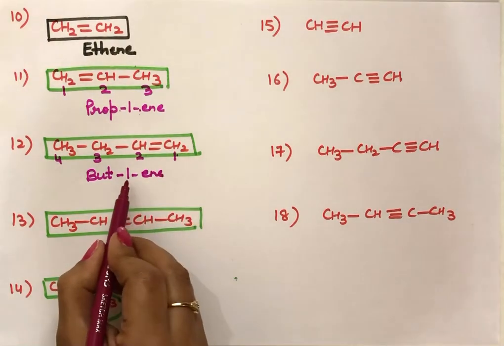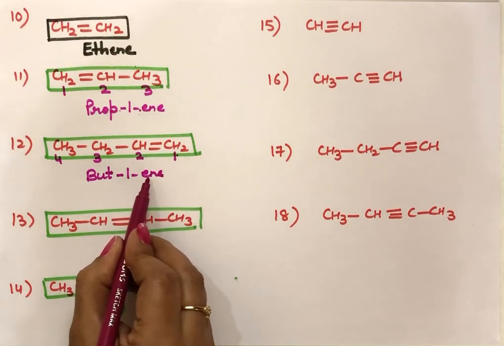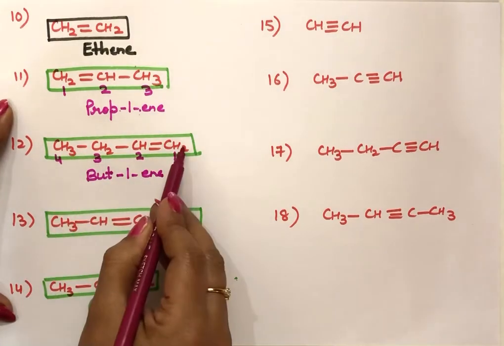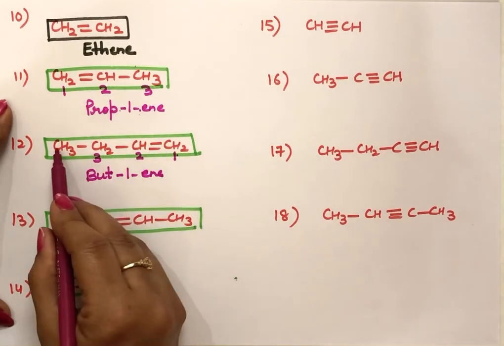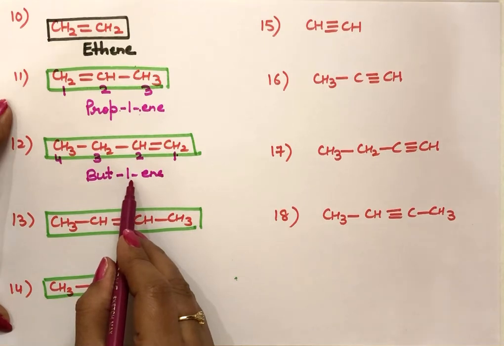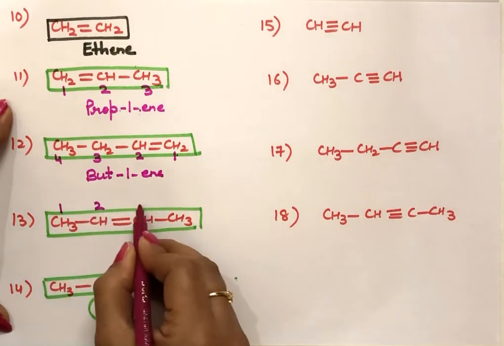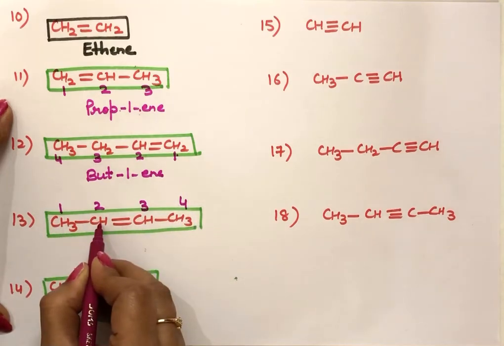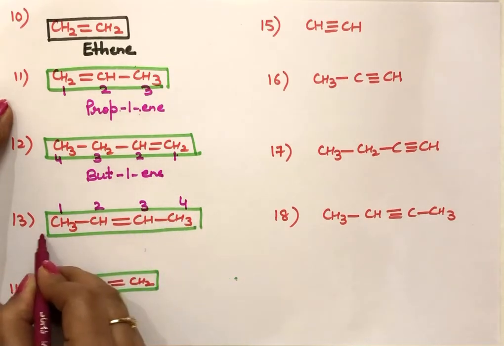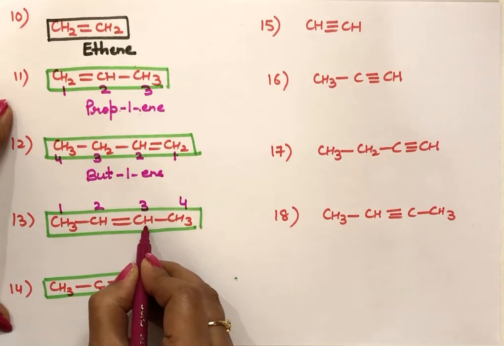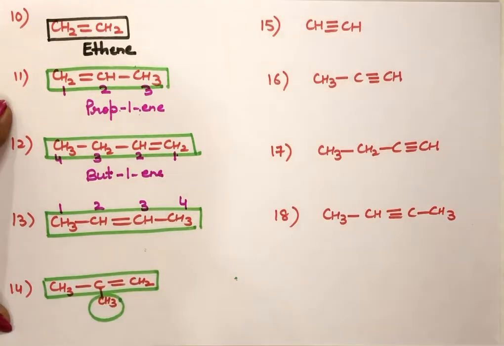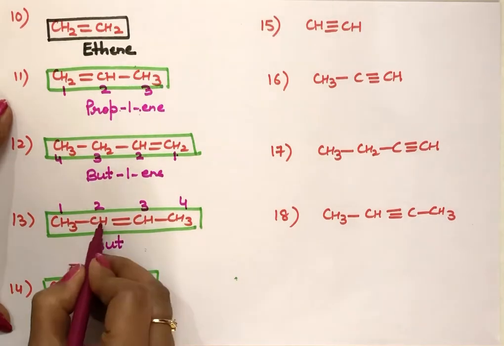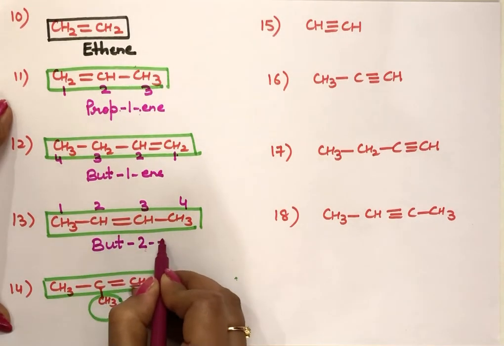Why do we have to give the position here before ene or ine? Now see this compound. This also has 4 carbon atoms. In this compound, the double bond is with the first carbon. But if I take this compound, numbering from this side, the double bond carbon gets 2nd position. Even from this side, the double bond gets a 2nd position. That means do the numbering from any side. 4 carbon atoms in a chain, write but, but now the double bond is with the 2nd carbon atom.